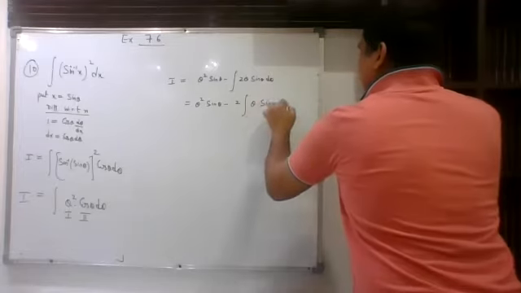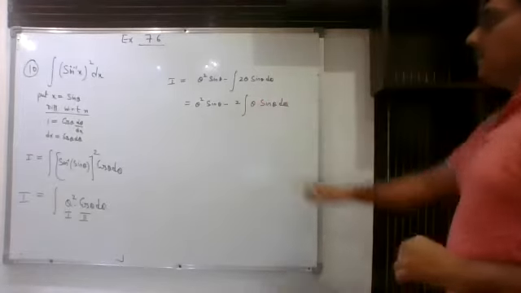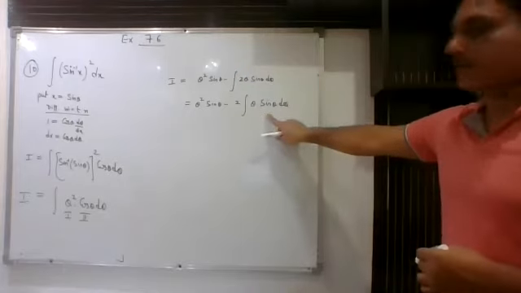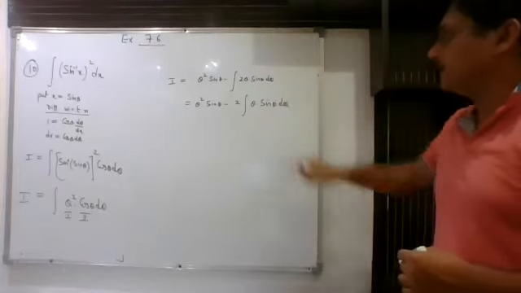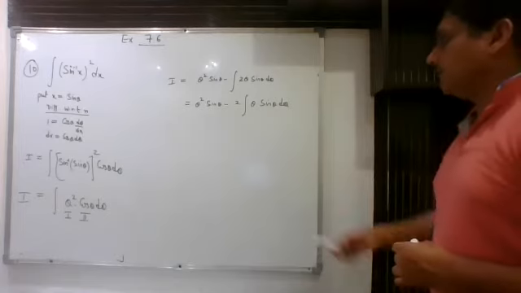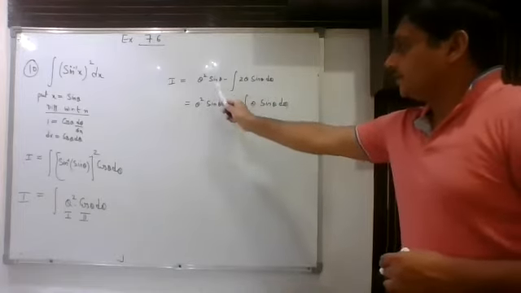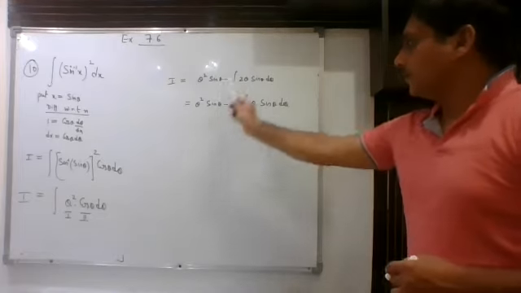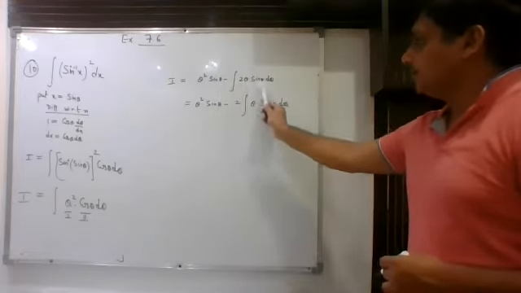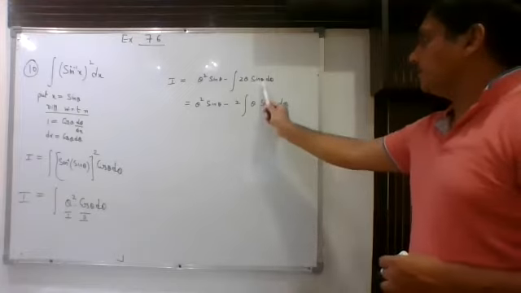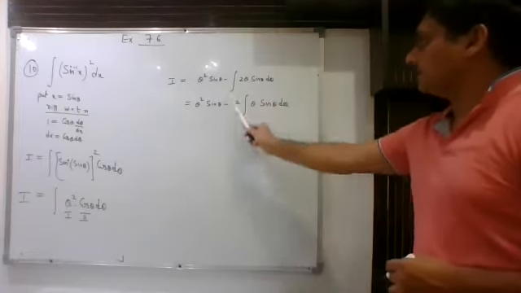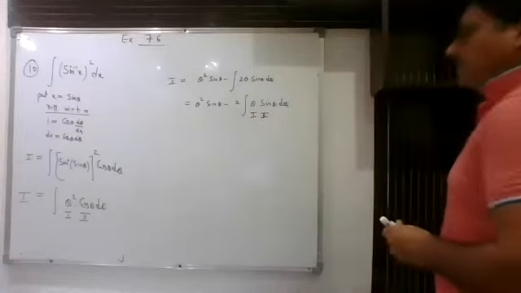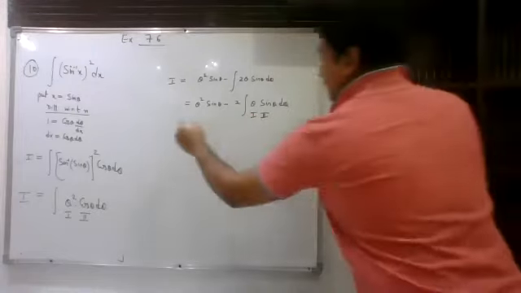Now again, when you take this 2 common, then again you can realize that we have to apply integration by parts because again we are getting theta sine theta. So here what we had done, theta square as it is, integration of cos theta is sine theta minus derivative of theta square is 2 theta and this is sine theta and d theta. We have taken this 2 common. Now again we need to apply by parts. So let us decide first and second function. So we will apply by parts.